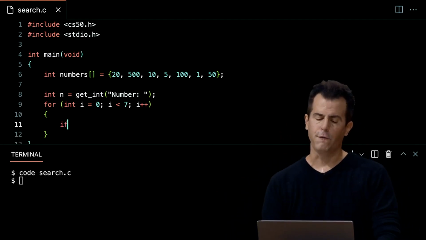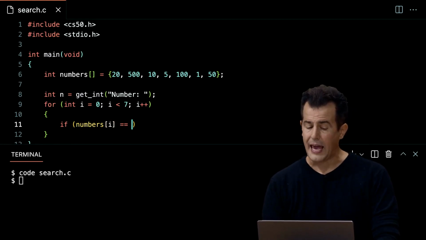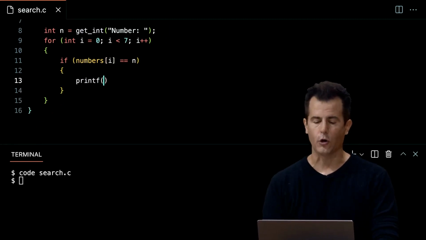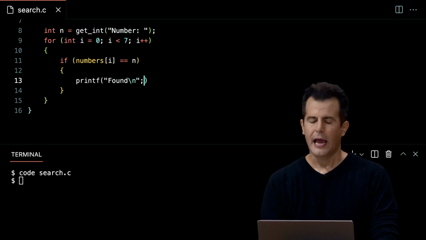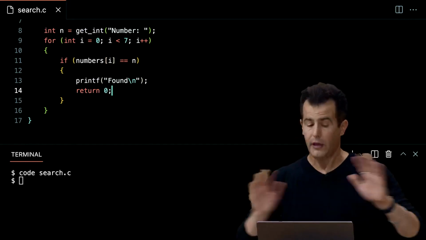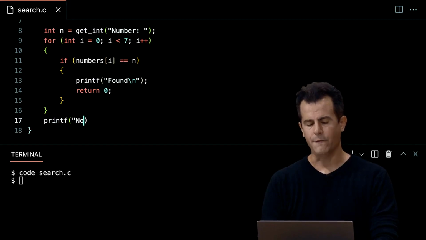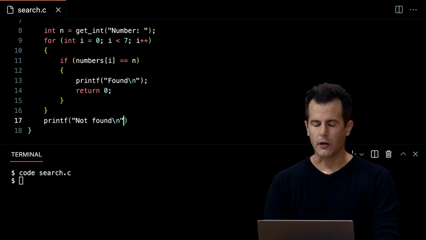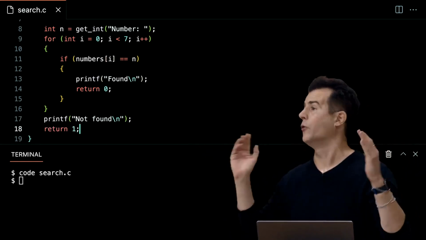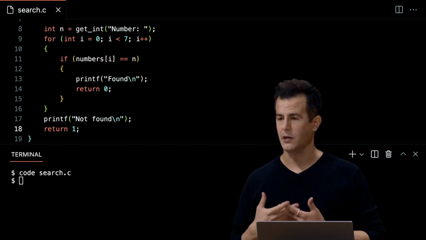And let me ask this. If the current number at location i equals n, which is the number the human typed in, then let's go ahead and do something simple like printf, quote unquote, found, \n. And then, per our discussion last week, to indicate that this is successful, I'm going to return 0 if I found it. And if I don't find it, I'm just going to go down here and by default say not found, \n. And just for convention, just for good measure, I'll return 1, or really any value other than 0. 0, recall, means success, and any other integer tends to mean error of some sort,